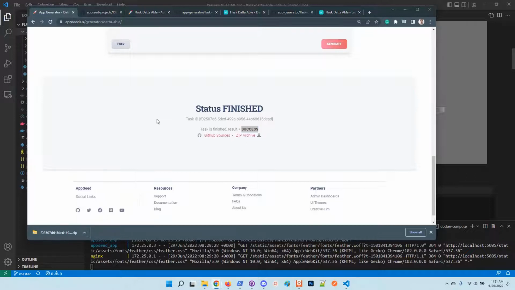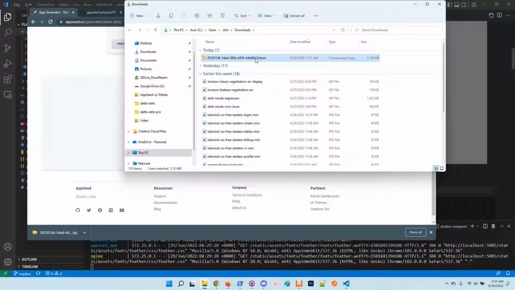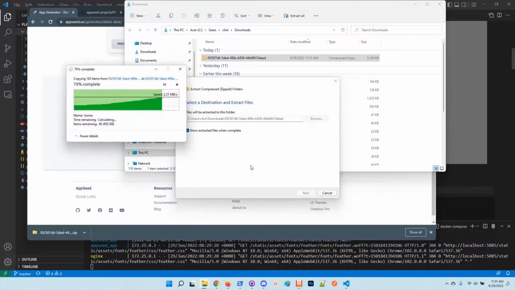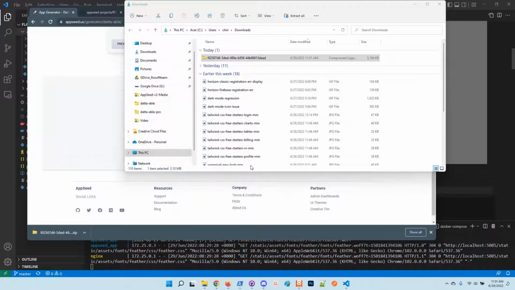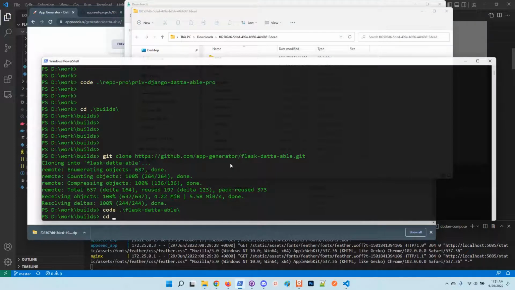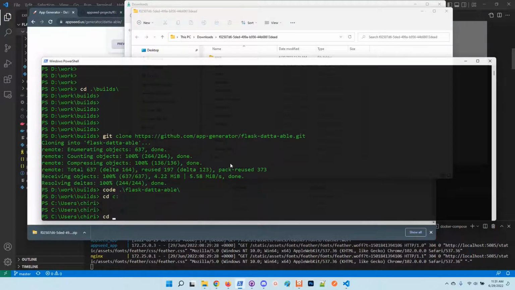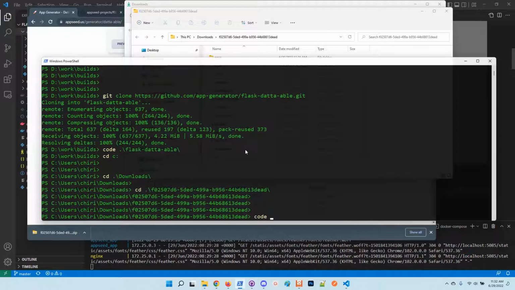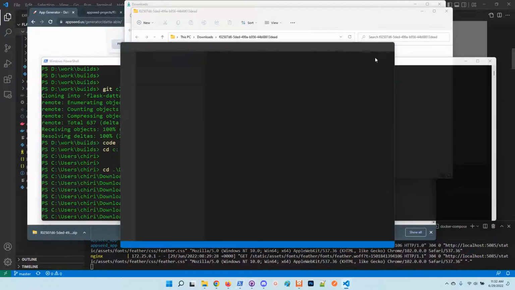Let's open up the archive and start the product. Extract all here. Okay, now I will go to that directory, start with F0. Okay,